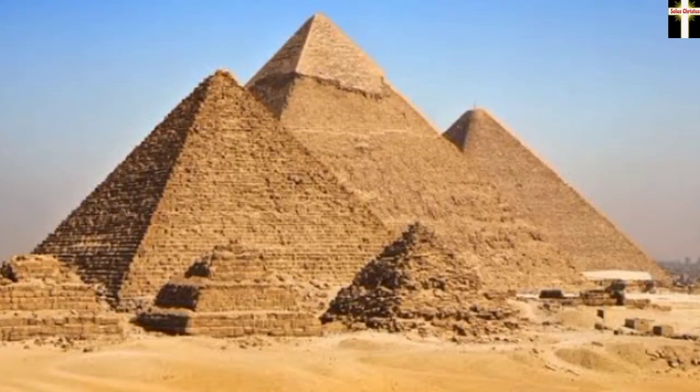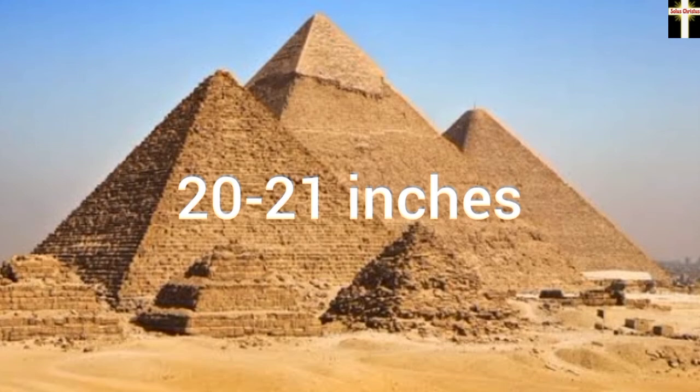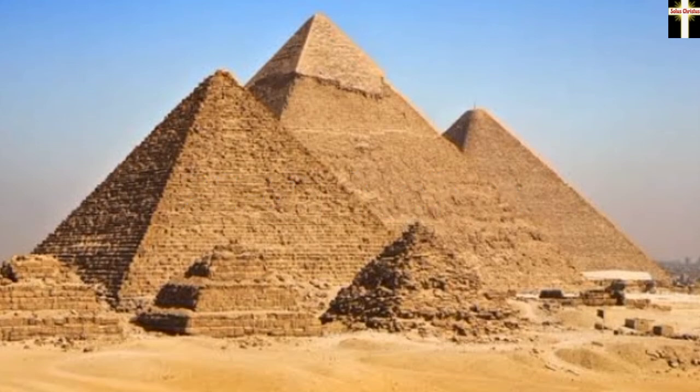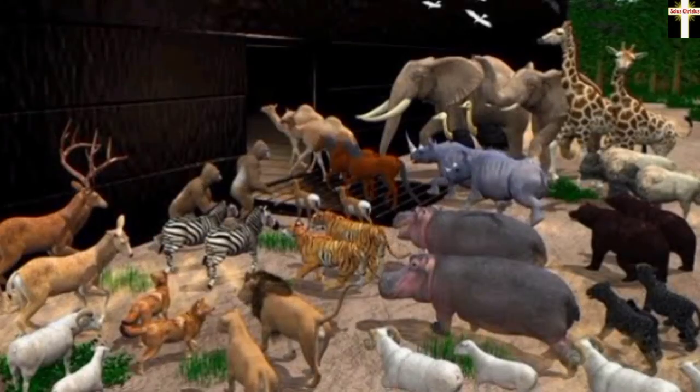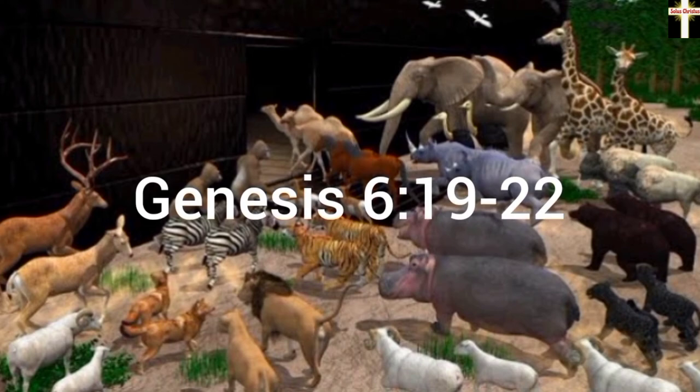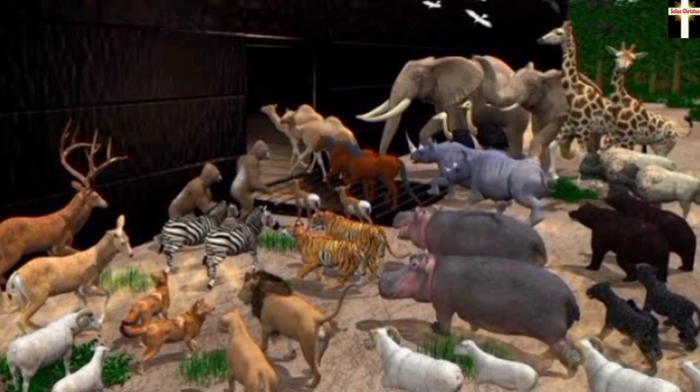Noah's cubit was probably longer. The older cubit of about 20 to 21 inches, like the royal cubits used in the pyramids of Egypt and elsewhere, creating even more space on the ark. With the average sizes of animals estimated, there would have been ample room for all, even before taking into consideration the stacking of many cages.